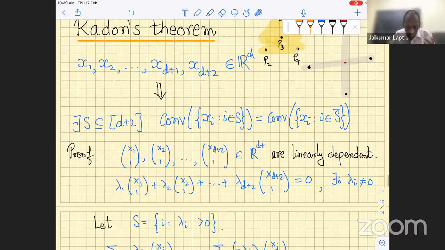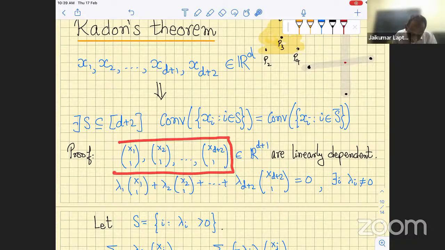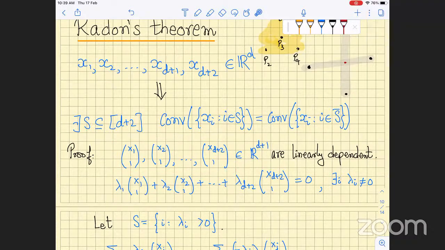This is again our familiar trick. There should have been a +1. You take those d plus 2 points and put them on the ceiling, which means to each of them you add the coordinate 1. Now, how many points do we have here? D plus 2. In what space? R to the power d plus 1. So they must be